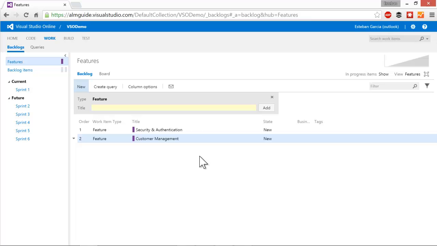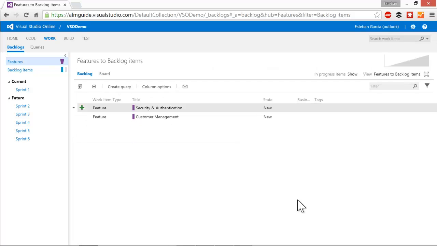Now the next thing I need to do is start creating my backlog. And my backlog will consist of stories that will be children of these features. To do so, I can either click on View Features and select Features to Backlog Items. And you may notice that next to my feature, there is now a green plus icon. This allows me to create my hierarchy right from this Features to Backlog Items view. So if I click on the plus icon, I get the option to create either a product backlog item or a bug. I'm going to select the product backlog item,